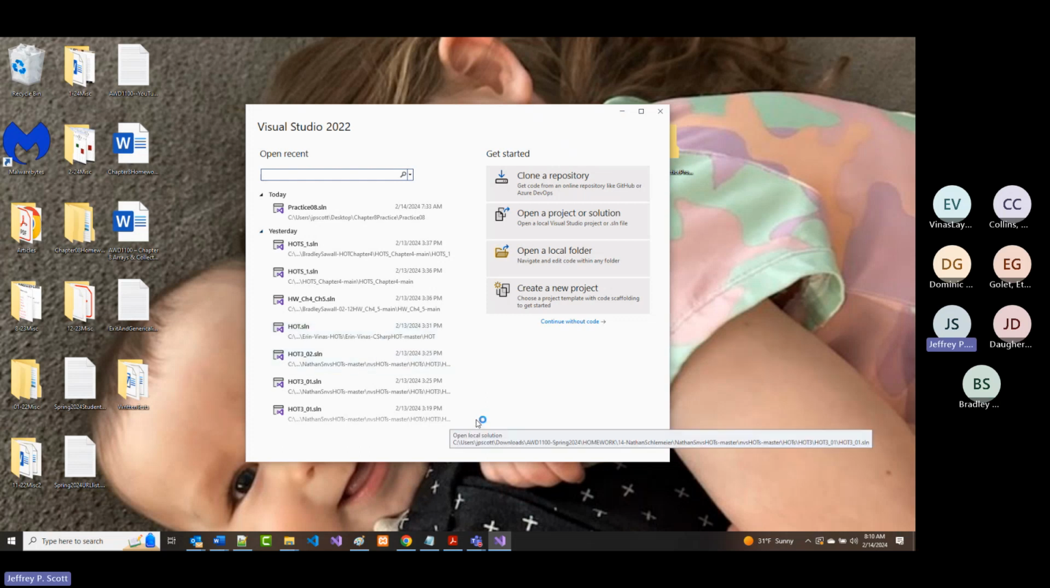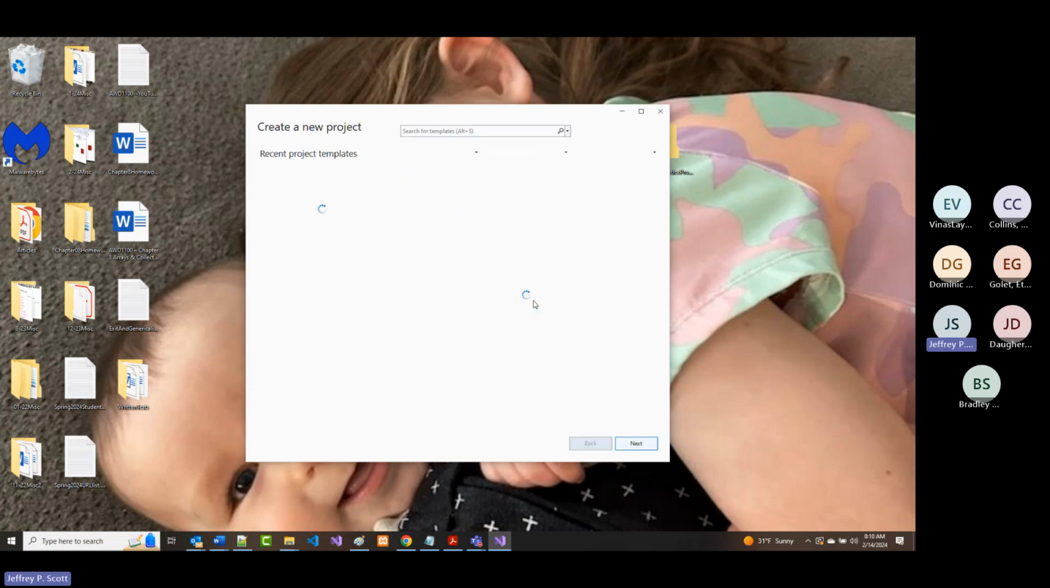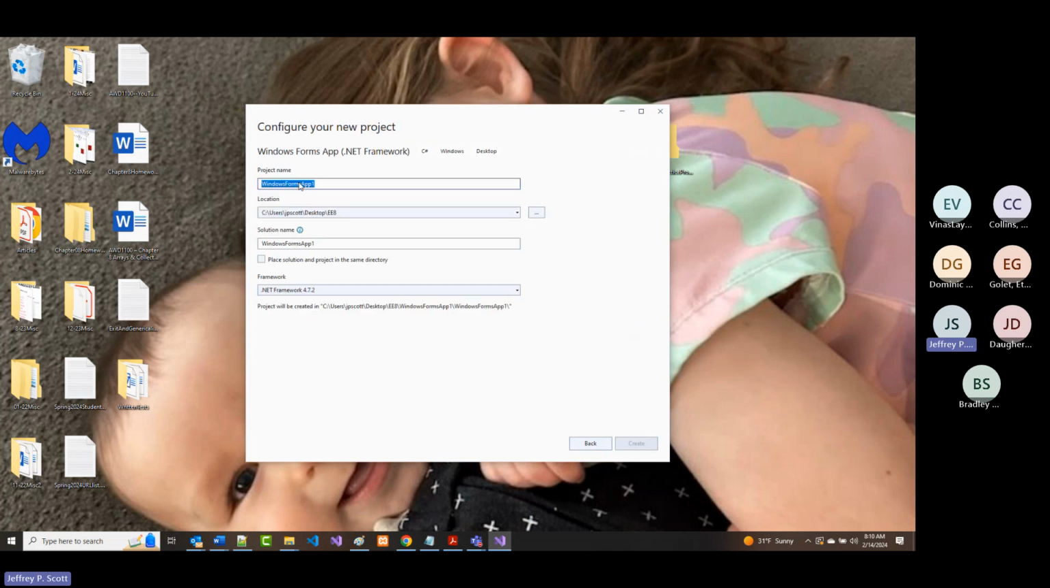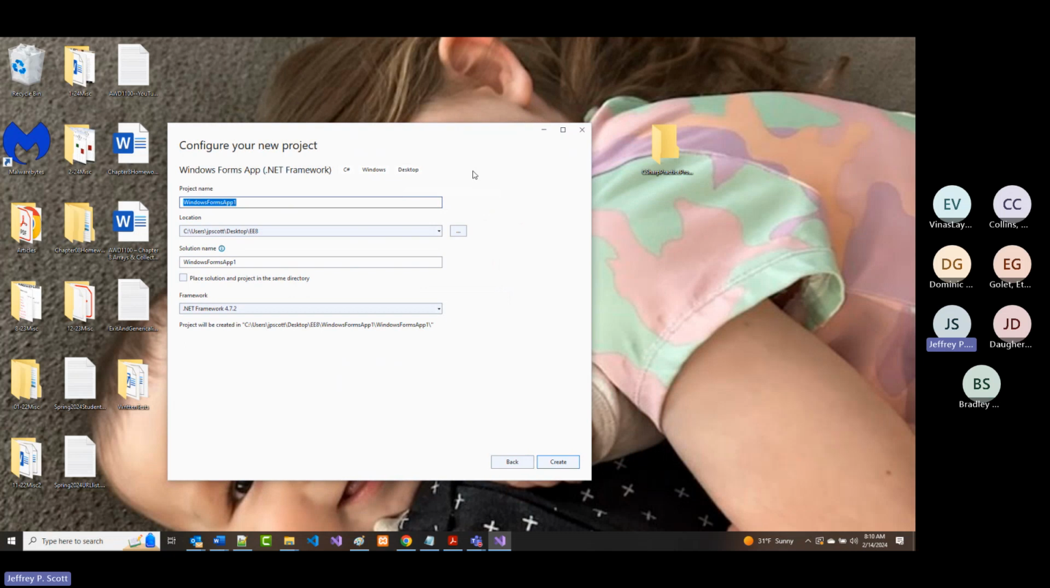All right, now, if for some reason this goes faster than I anticipated, maybe we'll even start on the homework stuff today. We'll just see how it goes. All right, so I'm going to create a new project. All of these, again, will be Windows Forms App .NET Framework. This first one, I'm just going to call it Practice